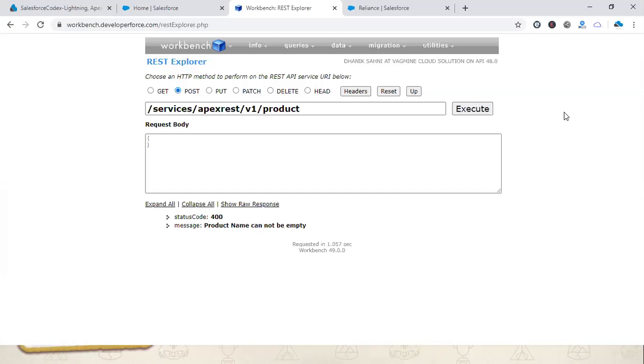You can see I have not added any JSON request data, but I am getting a proper response: 400, product name has not been entered. So your post, put, or patch operation, every API request, should validate whatever request is coming. You should not do any operation blindly.